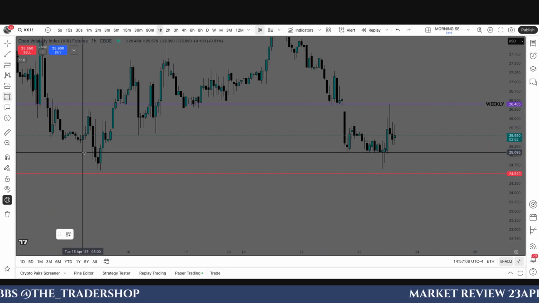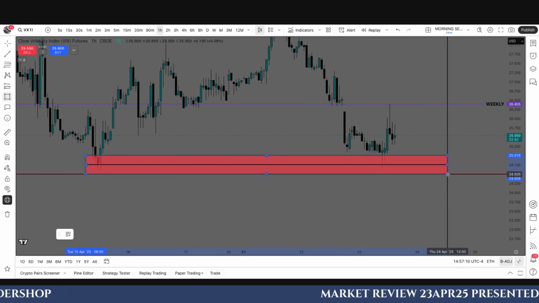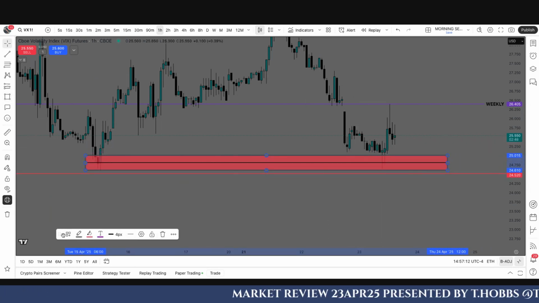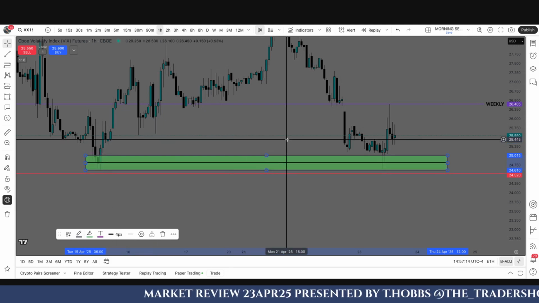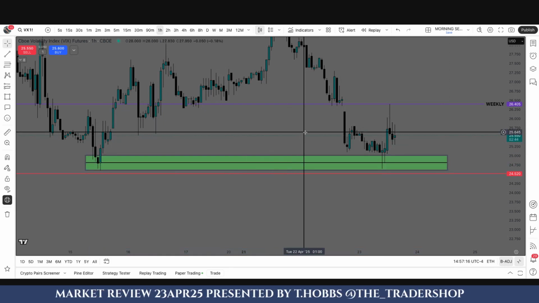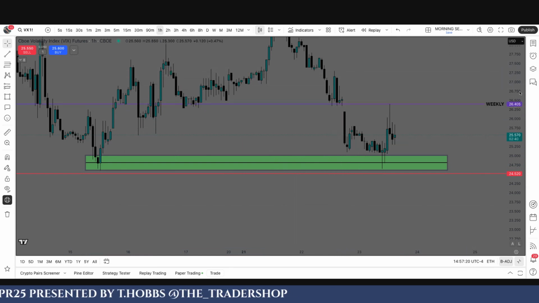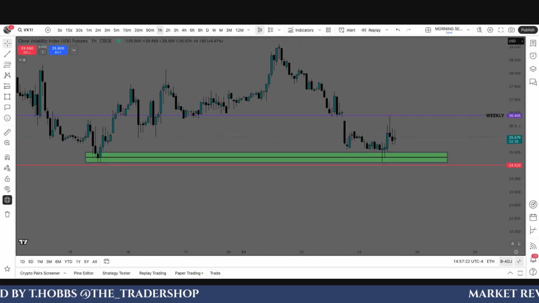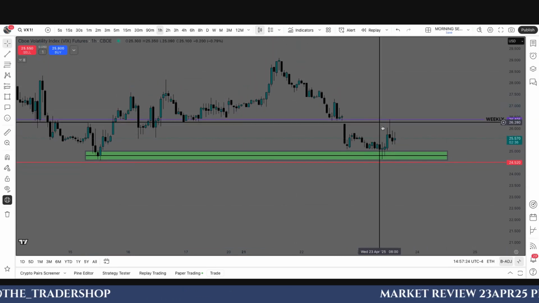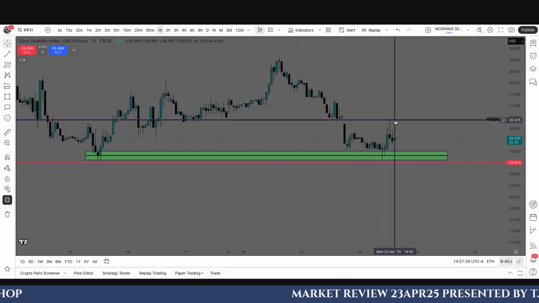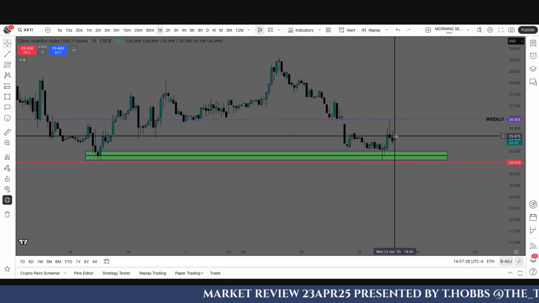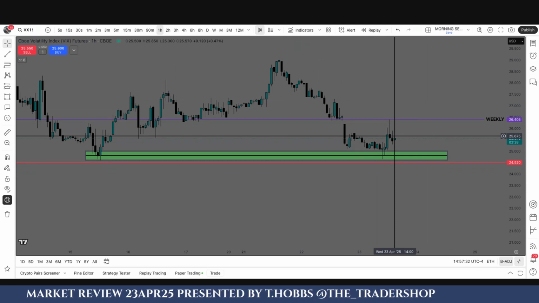That's exactly what the VIX did on the 1 hour chart, right? If you were to just draw a box right here, on the 1 hour chart, this is essentially 1 hour demand. Now the VIX still got some work to do because it too needs to make a new swing high in order for me to believe that we're out of the downtrend, but we're starting to go back up. So when it came up to the weekly fib and rejected, that's a sign that you probably should get out of your trade because the market is now back in balance. Hence the consolidation that we're getting right now.